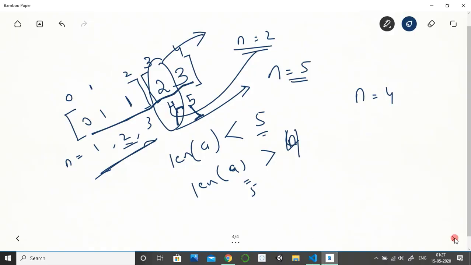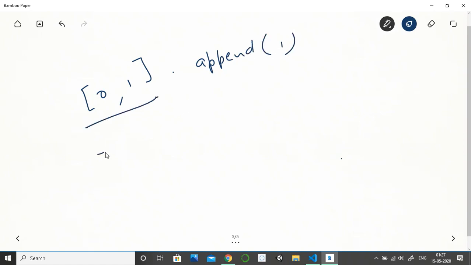The reason being, our array works like this. If the length of the initial array is 2, containing 0 1, and then we append to it, let's say 1, it will make a new array of size 3. It will copy the values as they are for the first two, and the new value it will place here.